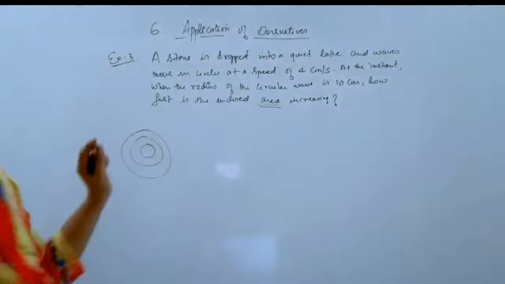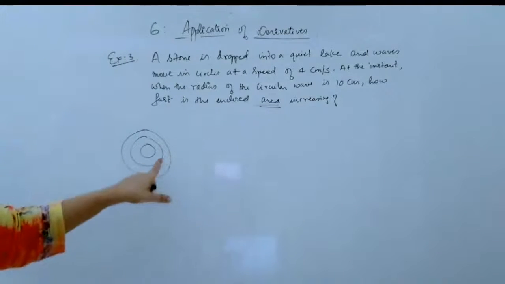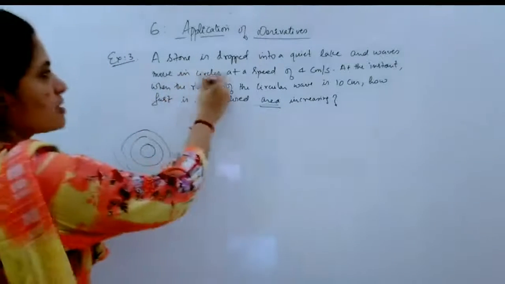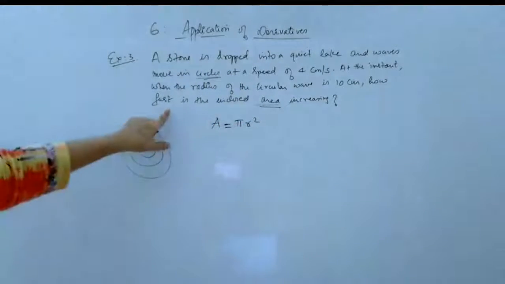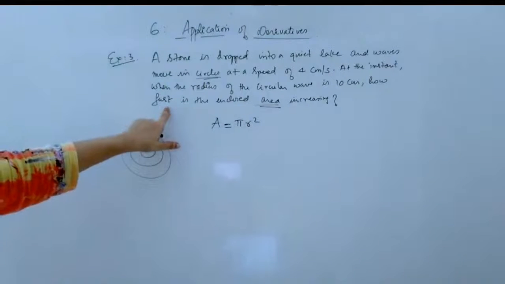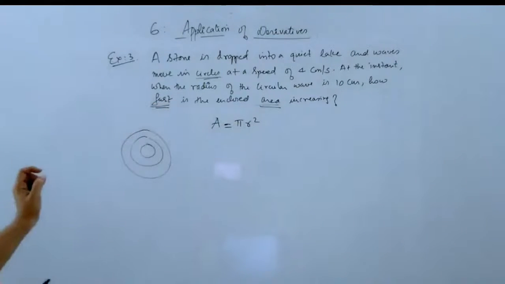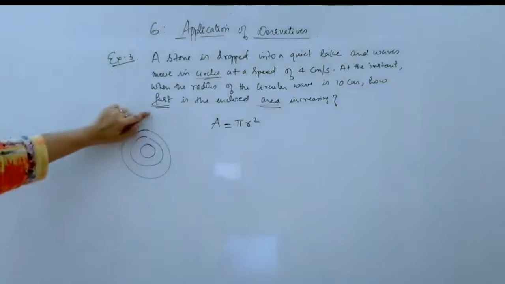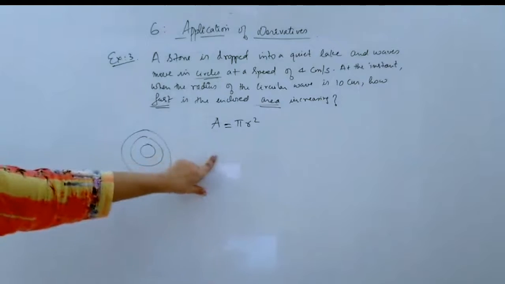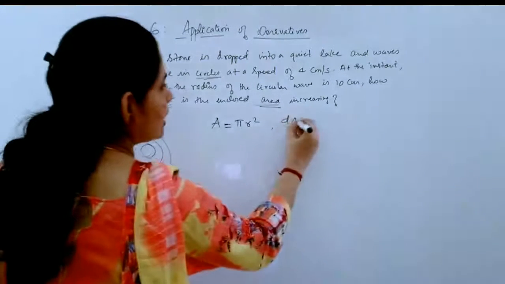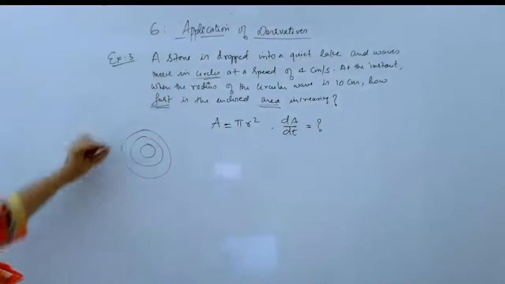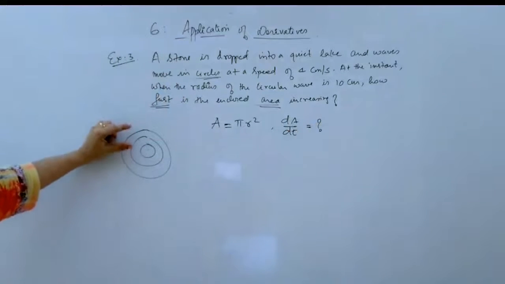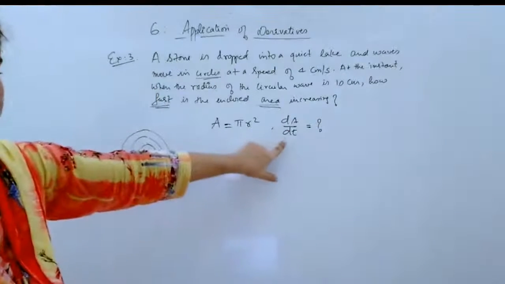Okay, how fast is the enclosed area increasing means you have to start with what is the area of a circle, because it is moving in circles. So A is equal to pi r square. Now how fast means it is with respect to time. The first problem was related to it with respect to radius. Here it is with respect to time, because it is how fast. Okay, so you have to find out what is dA by dt. That means that r is also changing here. Radius is changing with respect to time there. That's why we are just finding out what is dA by dt here.